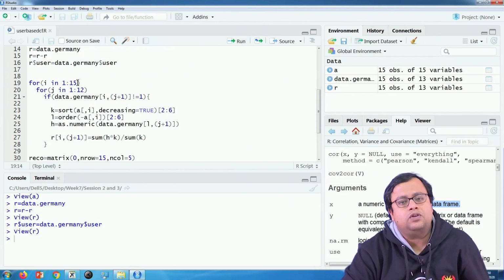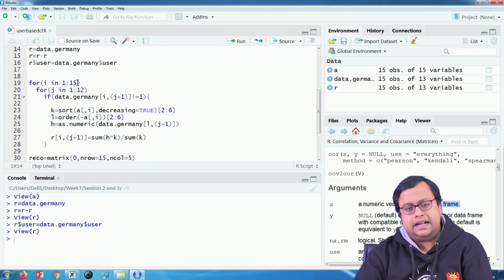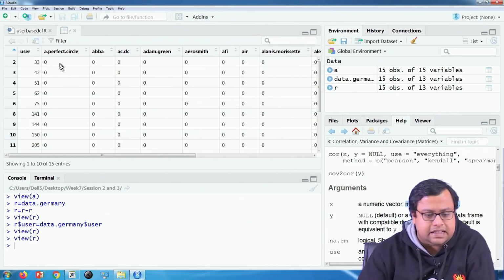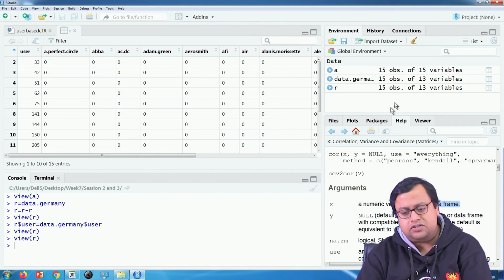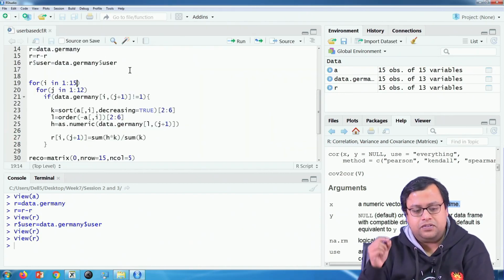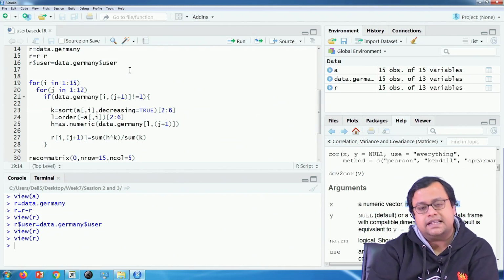And for j equal to 1 to 12. Why 12? Because there are 12 movies at this moment. So in R also you will see that if I remove the first column, this is actually a 15 by 12 matrix. So I will populate that. So for i equal to 1 to 15 and for j equal to 1 to 12,